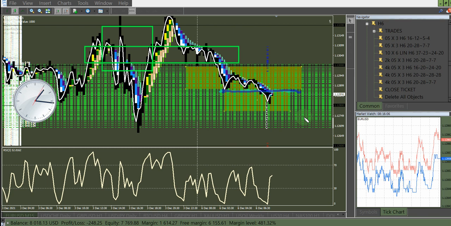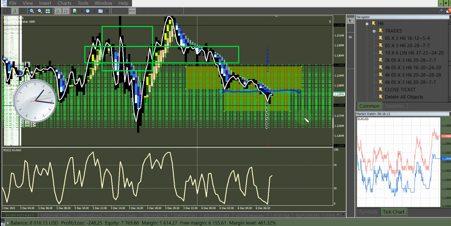Another thing ICT could do to improve his reputation is to trade the goddamn thing in real time, like I'm doing here, which is so boring, right? So it's 31 minutes into this thing.